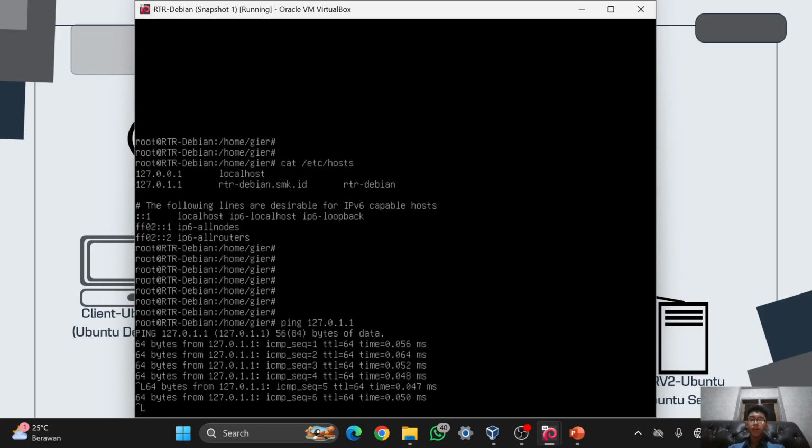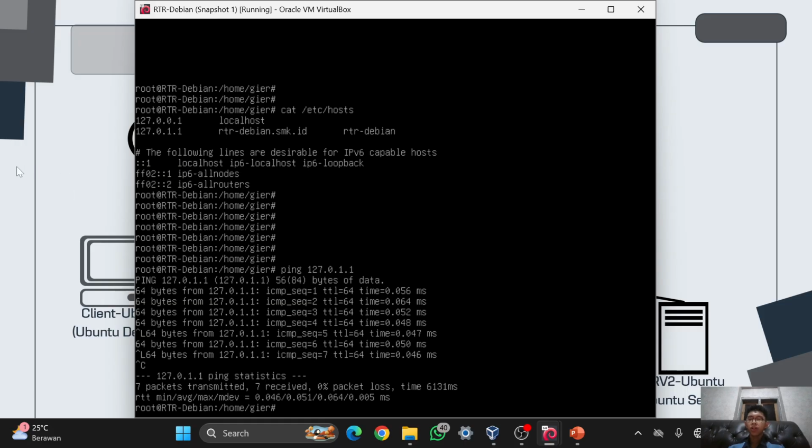Oh yeah, I forgot to tell you that the 127.0.0.1, which is the localhost, is the IP of the loopback. Sorry, it is the IP of the localhost, and I think I will not set anything about that.